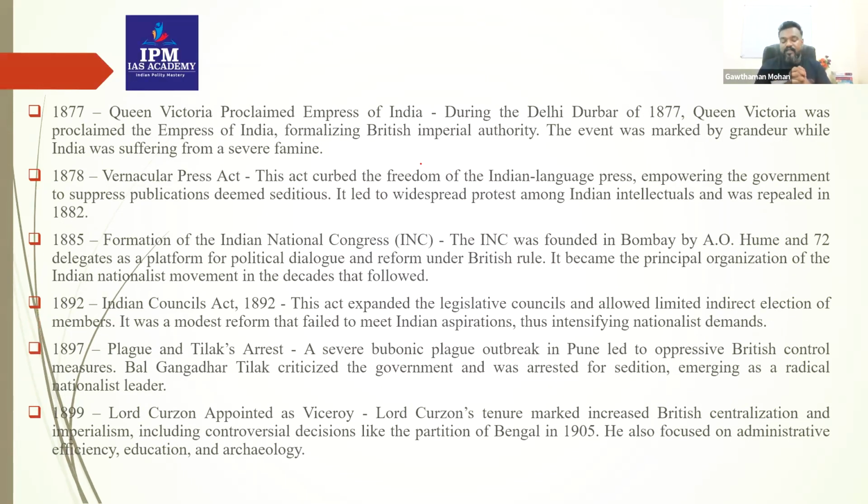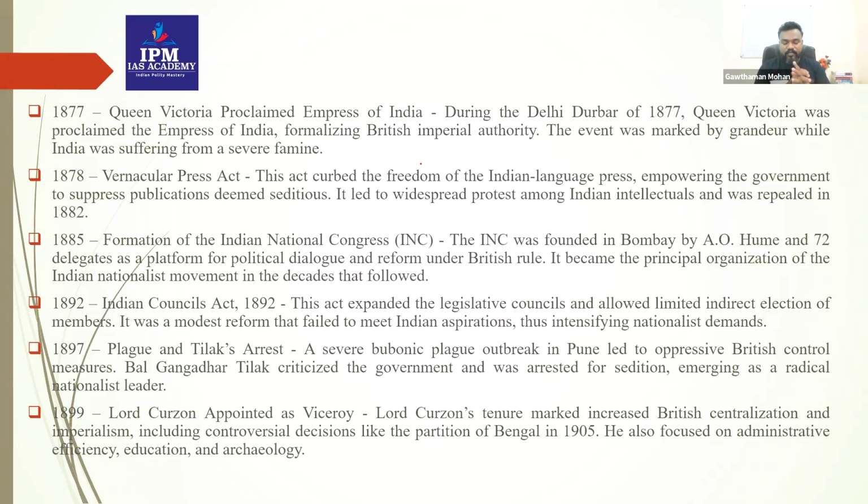Now, 1877, Queen Victoria was proclaimed the Empress of India during the Delhi Darbar of 1877. Very important: Empress of India, formalizing British imperial authority, and this event was marked by grandeur while India was suffering